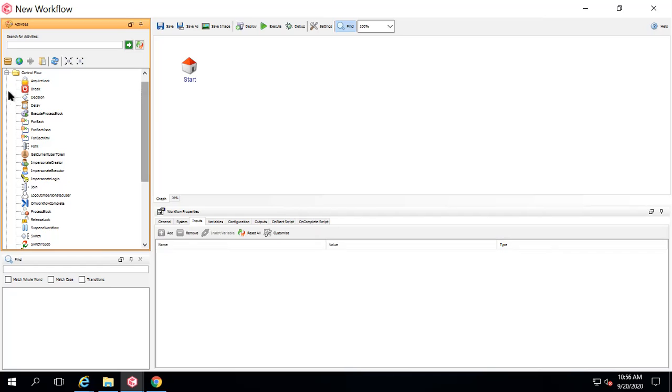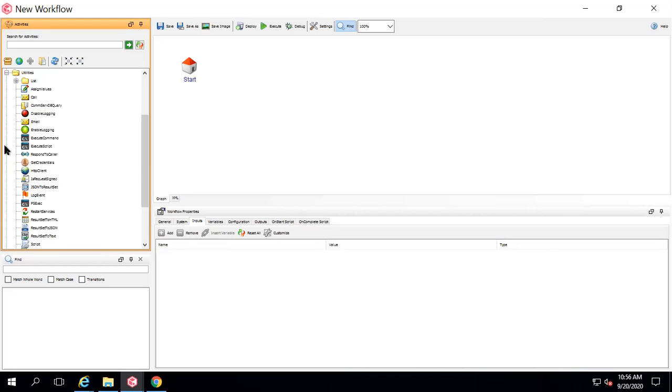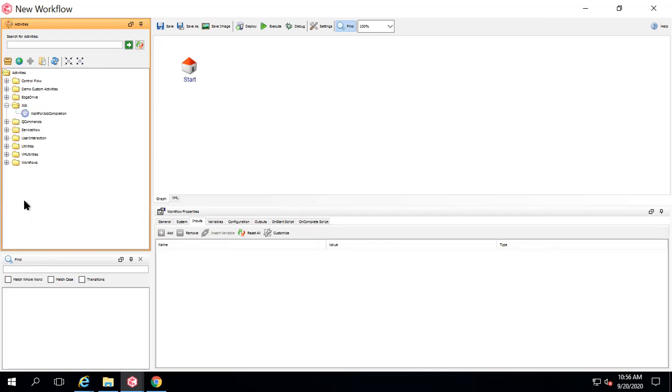So in this way there are a lot of activities that you will be getting over there. It's not easy to explain each and everything. Whatever we will be using, we will see how those activities have been used, and probably in the future we will be using all the other activities as well according to the scenario. So today my scenario is I want to run a backup for one client, and when